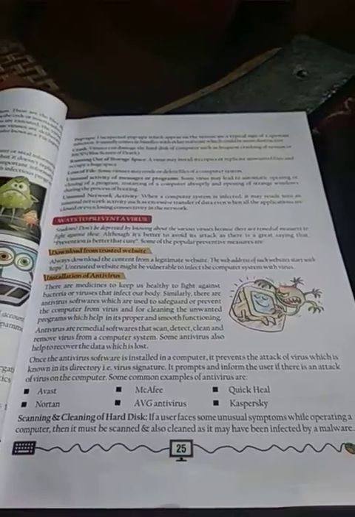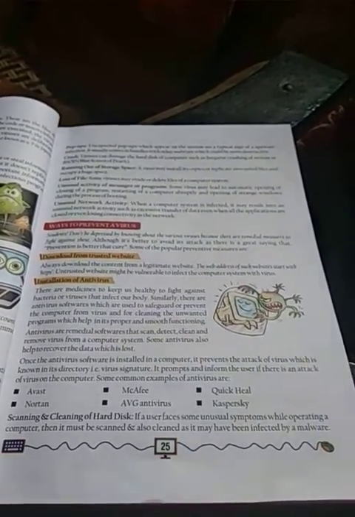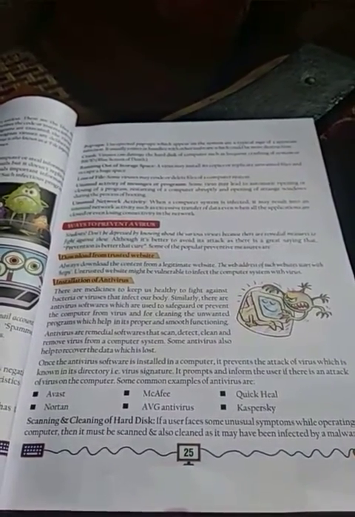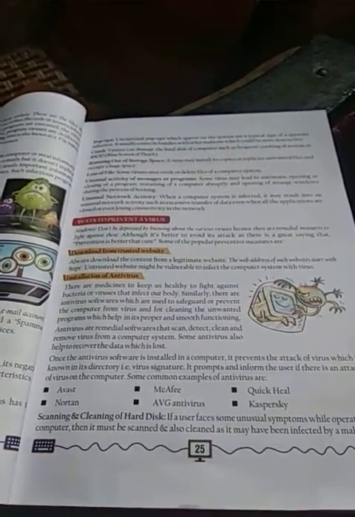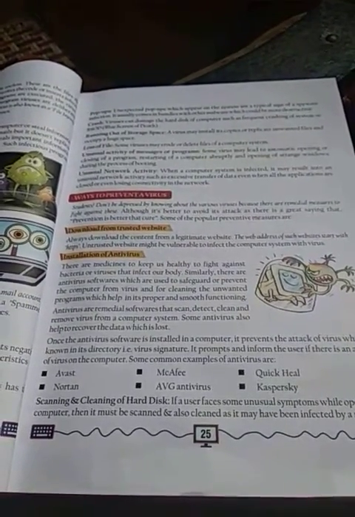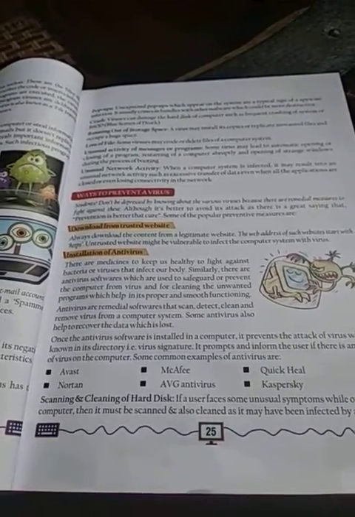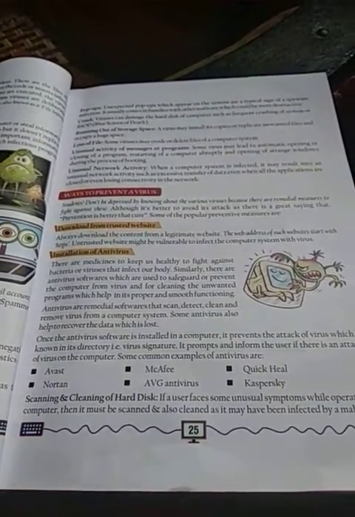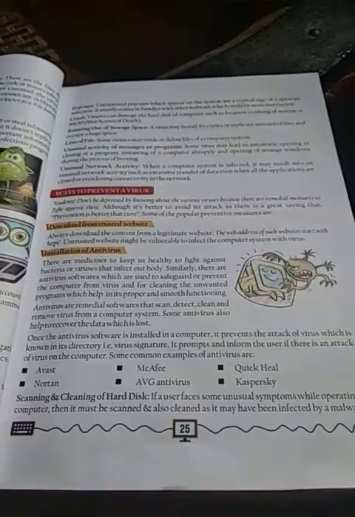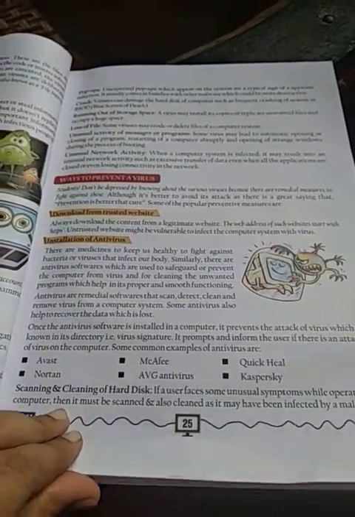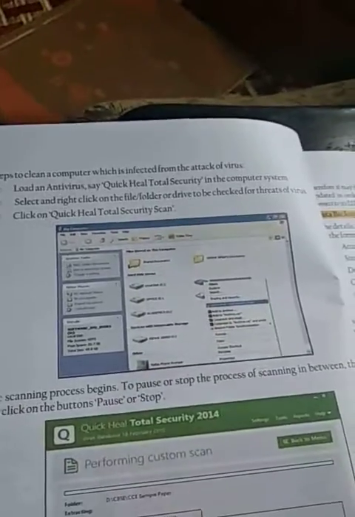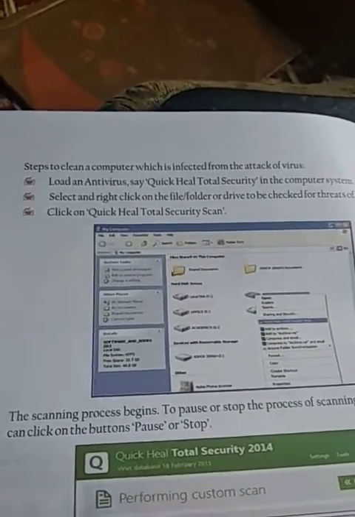If a user finds that the system is not working properly, or you run out of space, most of the time your system will pop up a message that your computer is running out of space. In that case, the antivirus will scan and clear the hard disk, so that the extra space that is filled up by the virus is cleaned up, and that extra space you will get.